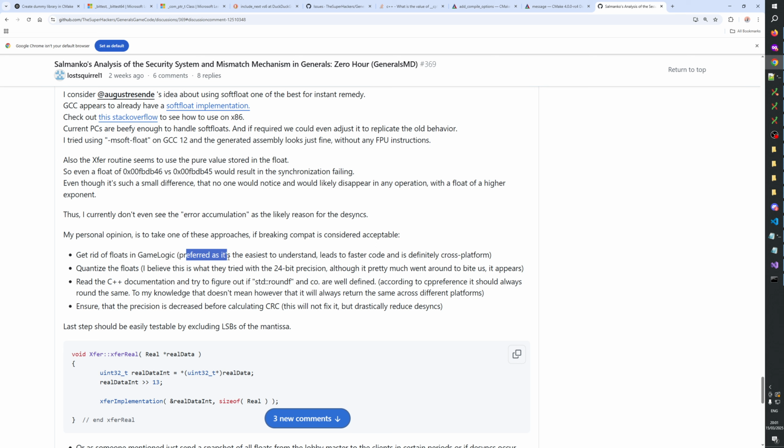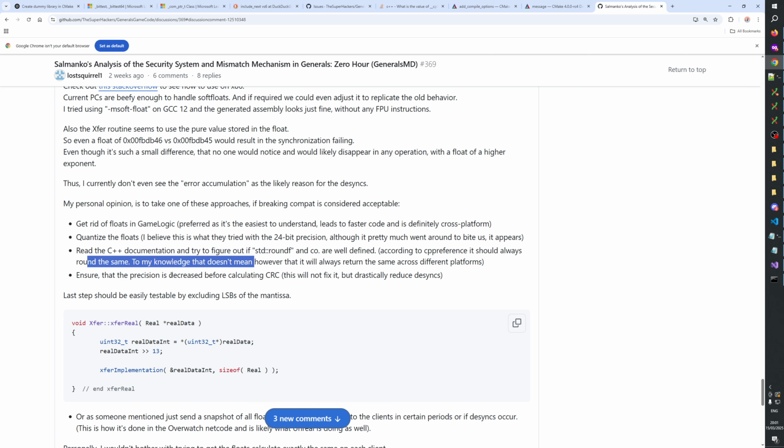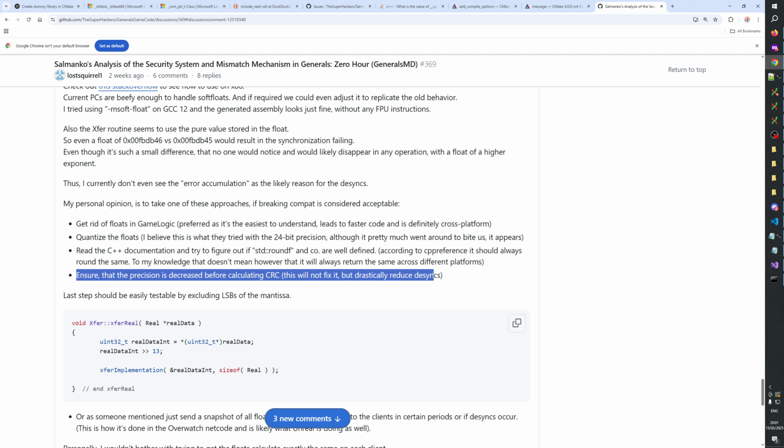Preferred as it's the easiest to understand. Quantize the floats. Yeah, read the C++ documentation, try to figure out if round F and core are well defined. Yeah, I'm fine with going this direction of trying to figure out if massaging the floats will decrease desyncs, but I think before that we should figure out